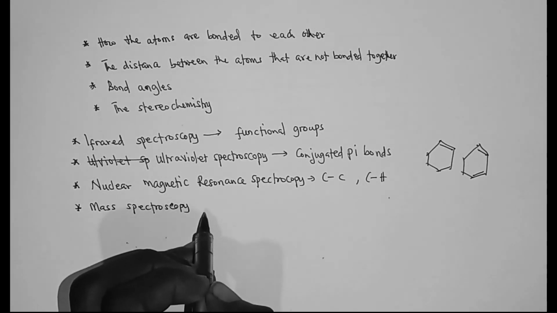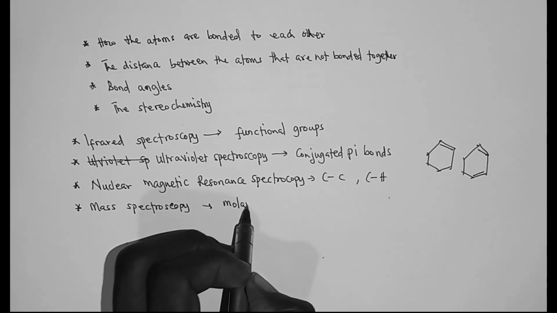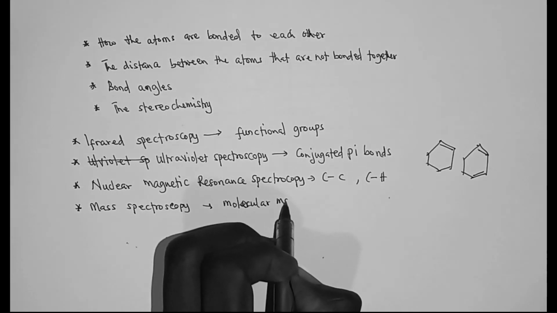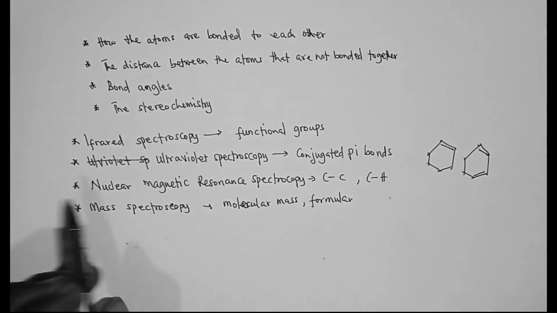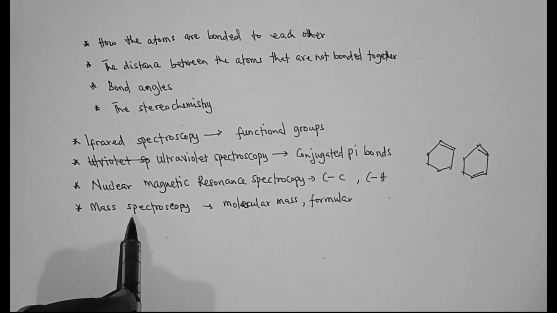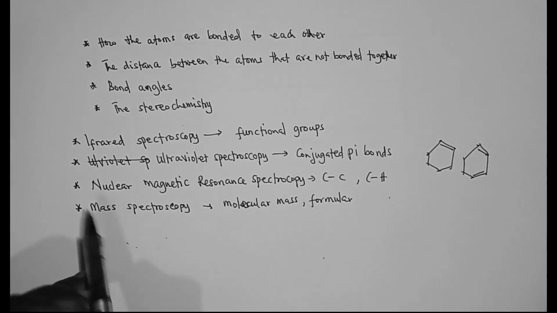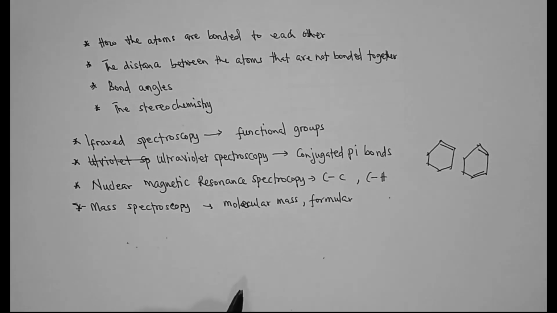And the mass spectroscopy gives information on the molar mass, molecular mass, and also the molecular formula of the organic compound. So these are the four major spectroscopic methods that are used to determine the structure of an organic compound. Later on, I will do a video that covers every aspect of mass spectroscopy and then nuclear magnetic resonance spectroscopy,